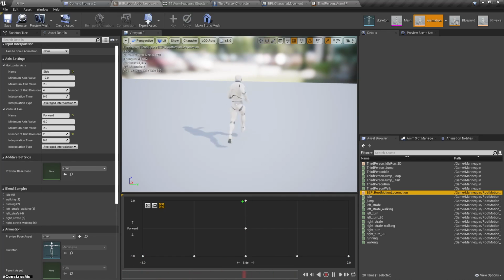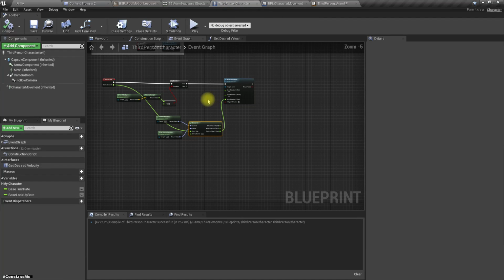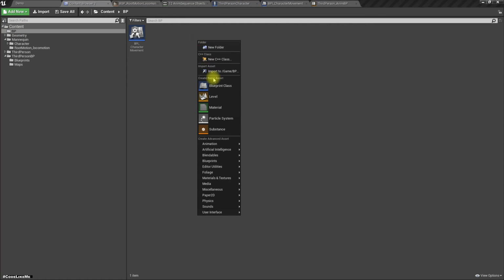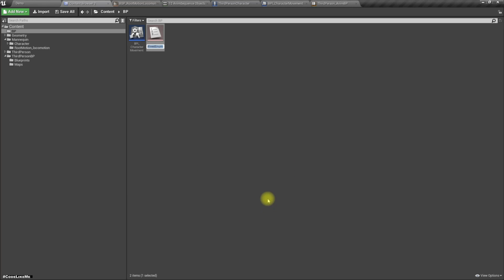So for that let's take an approach like this. In the blueprint folder, let's define an enumeration. Let's call it movement state,